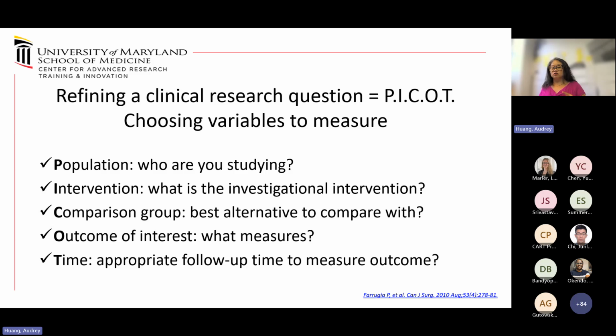Also keep in mind the duration of the funding you're applying for. If you're applying for a 1-year grant versus a 5-year grant, the experiments you propose need to fit into that timeline. You should not be proposing 3-year follow-up in a 2-year grant. You're not going to have data by the time that funding ends.